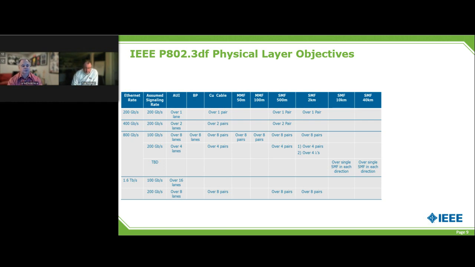Excellent, John. So this is a really big project. I look at all those boxes that you have in that table, and I find it incredible that you're going to be able to address all of those interfaces. It's one of the largest projects in 802.3. And so roughly how many people are working on this project right now? I know you just got started, but share with us the number of people on your team and how they plan on splitting up the work.